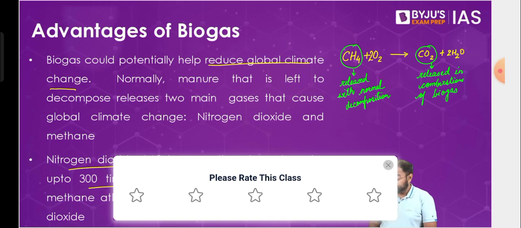Is people in the villages burning dry cow dung better than decomposition? Better than decomposition in terms of the fact that you are using it, at least you are finding a fuel source here, but it's a polluting source, so not a great source to be dependent on. But given the scenario that we have in villages, it becomes a good source there.